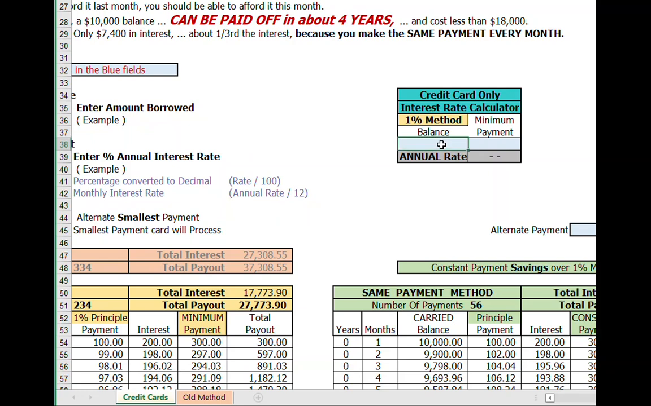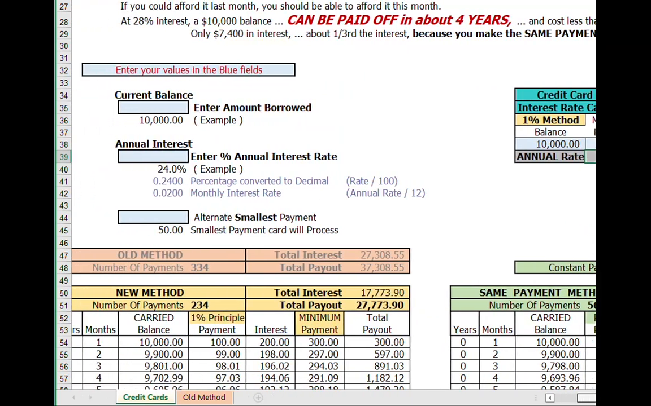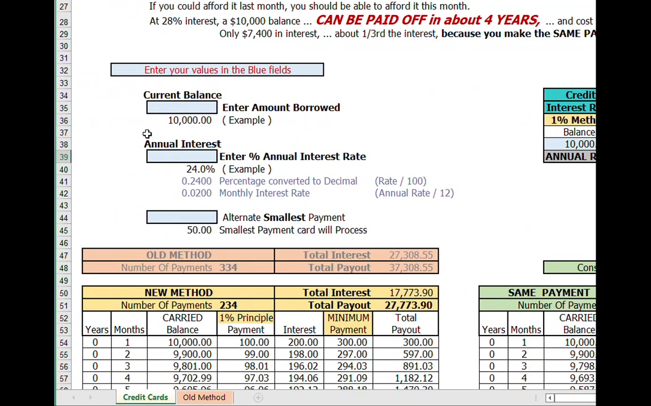Just enter your current balance and your minimum payment, and the calculator will show your annual interest rate. The spreadsheet also has fields for you to enter your own values. For now, we'll stick with the defaults: